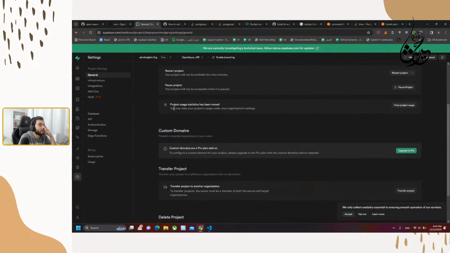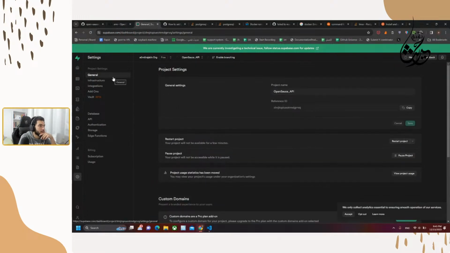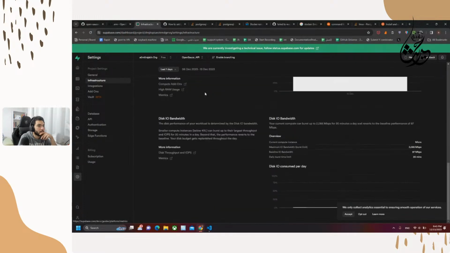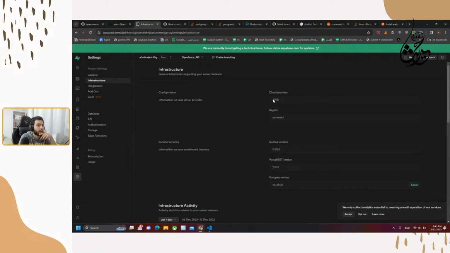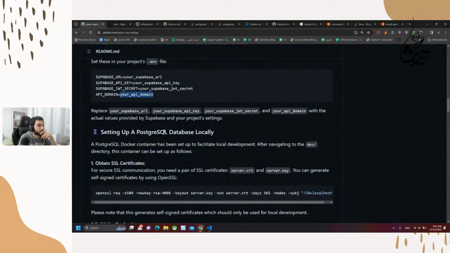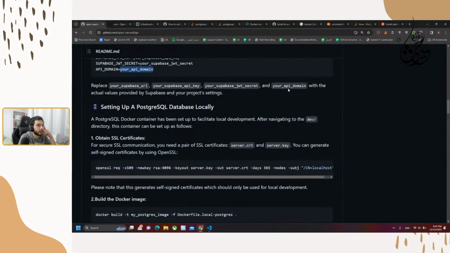I will delete that later, but it's not what I need here. Infrastructure, because they are using AWS. Awesome. So I don't think it's the API domain right now because the domain is up to me to choose whatever I want. So I just added that localhost already, but